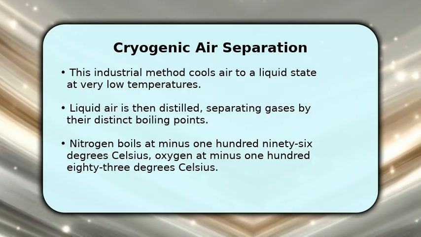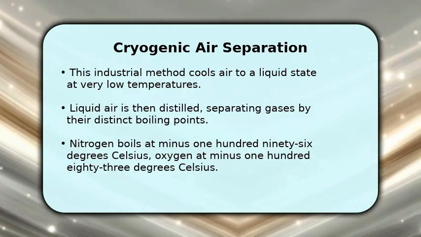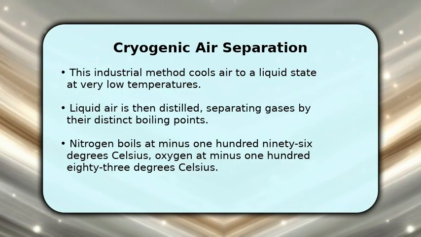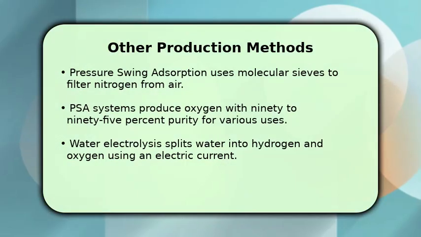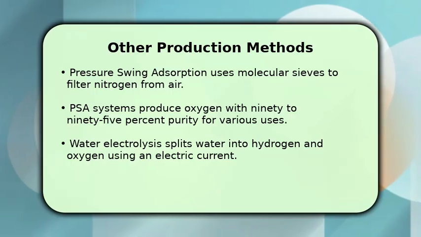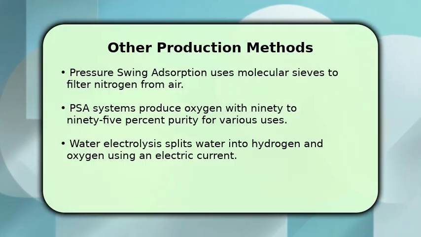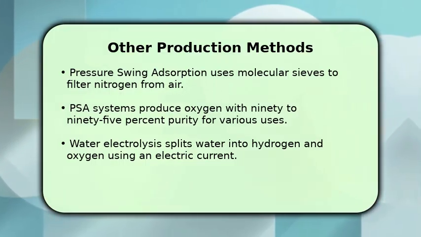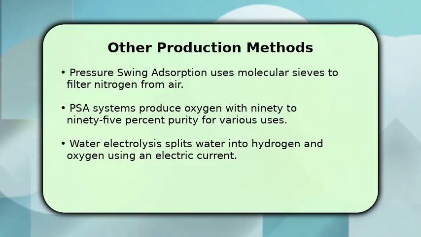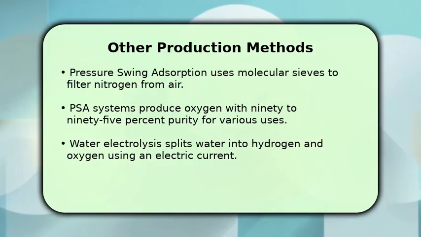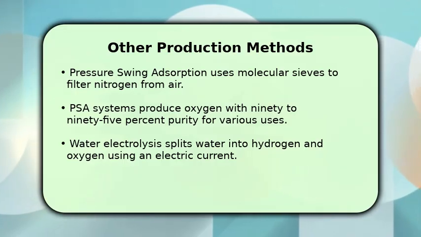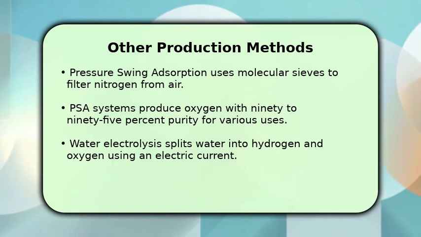This method can achieve oxygen purities of 99.5% or even higher. Another significant method is pressure swing adsorption, or PSA. This technology uses specialized molecular sieves, often zeolite, to selectively adsorb nitrogen and other gases from compressed air, allowing oxygen to pass through. PSA systems typically produce oxygen with a purity of 90 to 95%, suitable for many industrial and